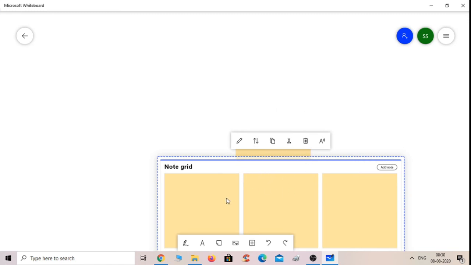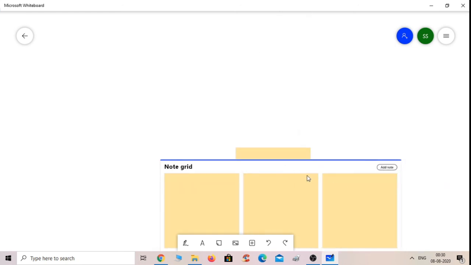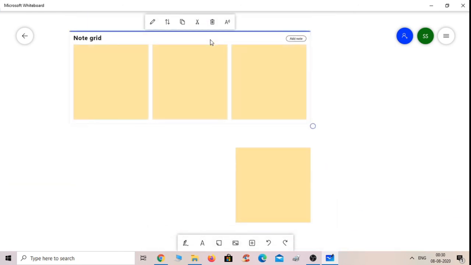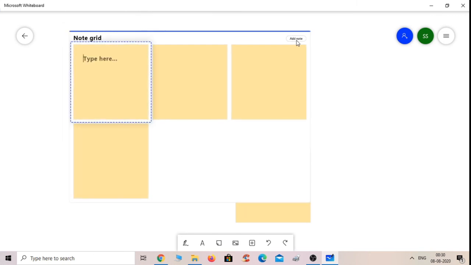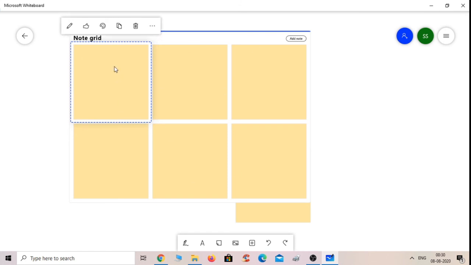You can see here there are three notepads. If I want to add more, then click on this plus again. Whatever I want to write here, I can easily write. Suppose I want to write the names and definitions of different shapes, so just type triangle here.